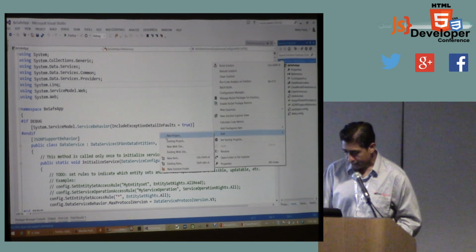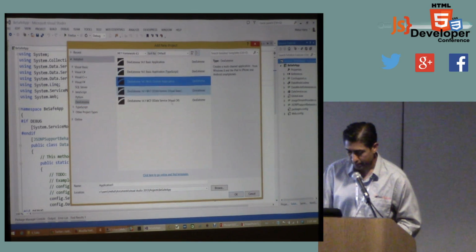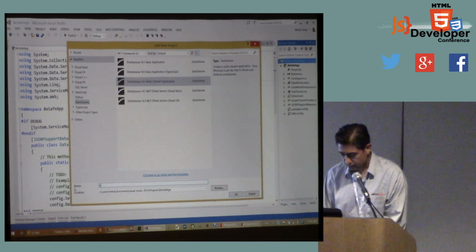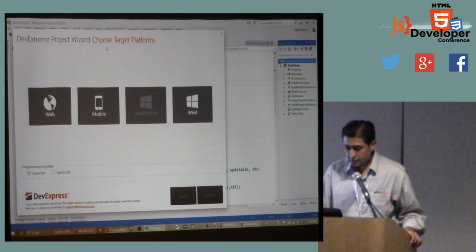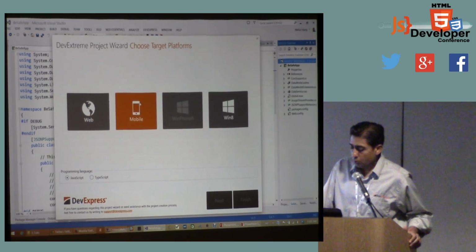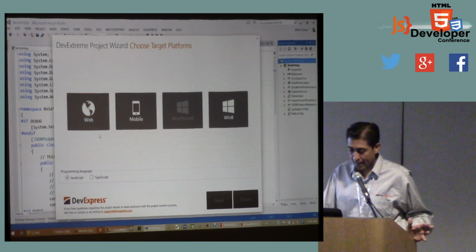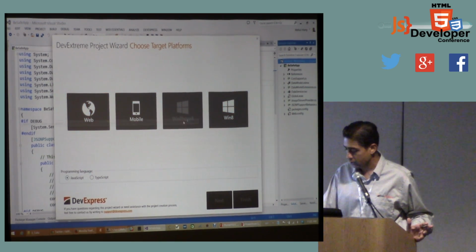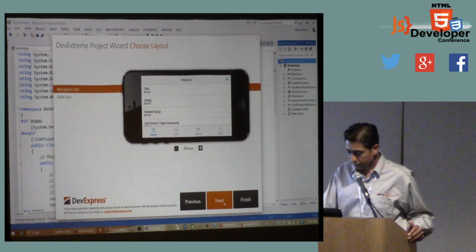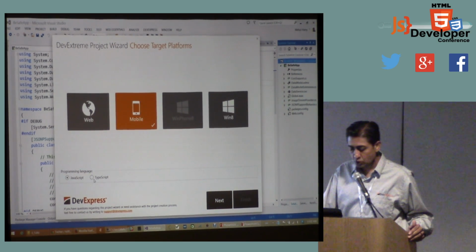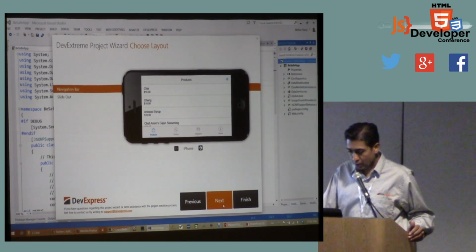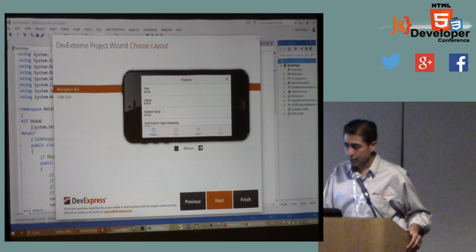So what I'm going to do is add a new project to this. And I think this is where the real magic is, right? So let's call this B. In this, you get a wizard. Now, in this wizard, we provide several templates for you, right? So you can say, well, I want to make a desktop-based client-side app, or I want to make it mobile, or I want to make it specific for Windows 8 or something like that. I'm going to choose mobile. And I should mention, you have an option to use TypeScript or JavaScript. TypeScript is something Microsoft created to help corporate developers with JavaScript.